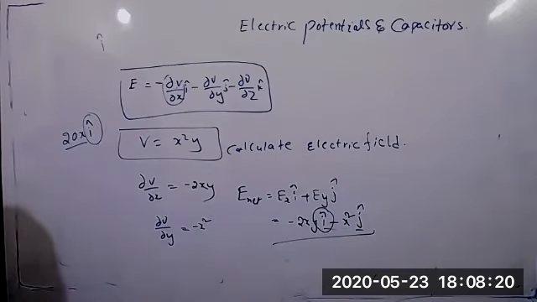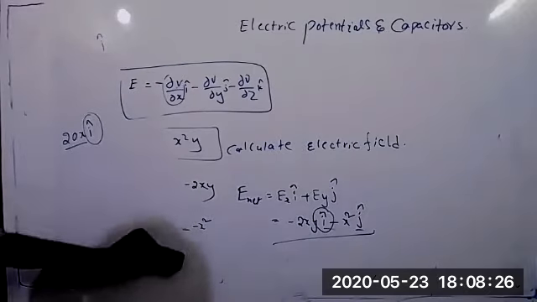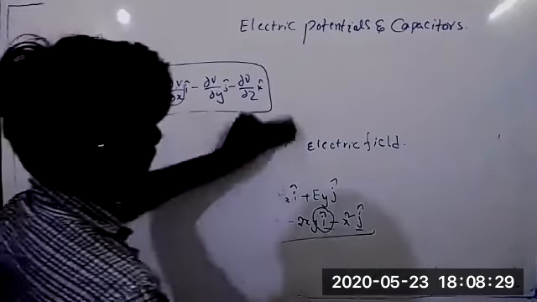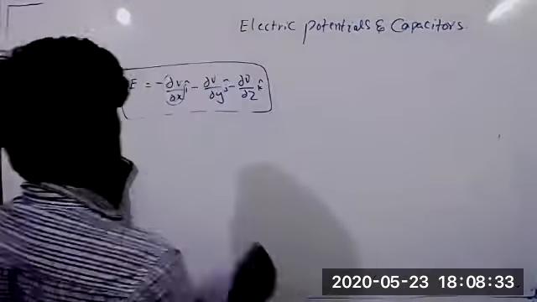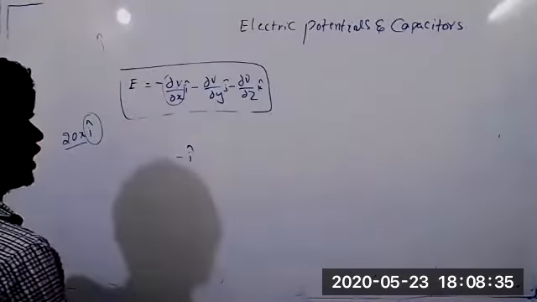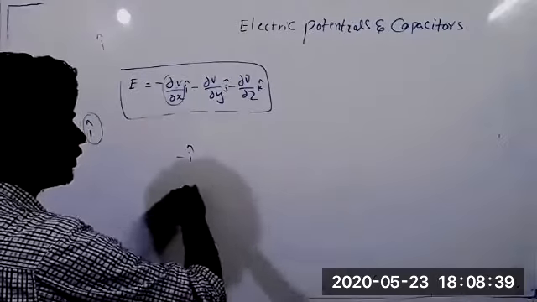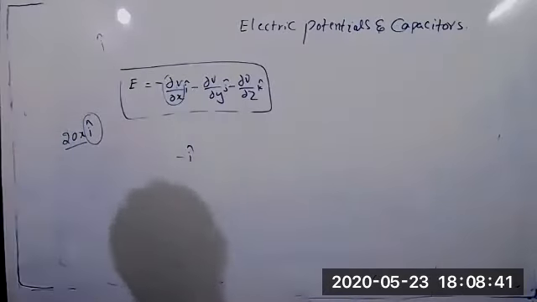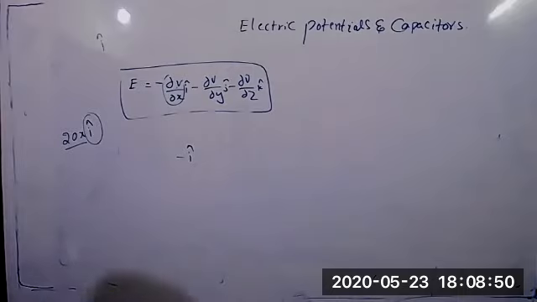Can anybody say whether i cap is always along the horizontal direction? Correct or wrong? Always to the positive x direction. Okay, minus i cap I will write. I am telling i cap is always the horizontal direction. If you consider the x-axis to be the horizontal direction, it is always the horizontal direction. Anybody? You can share, you can tell the answer.